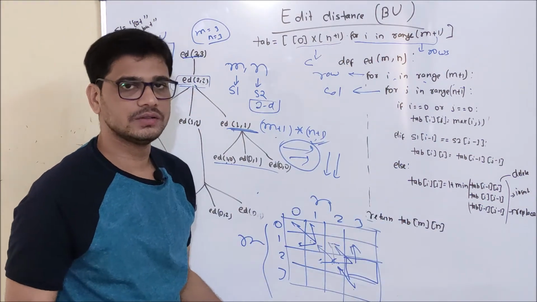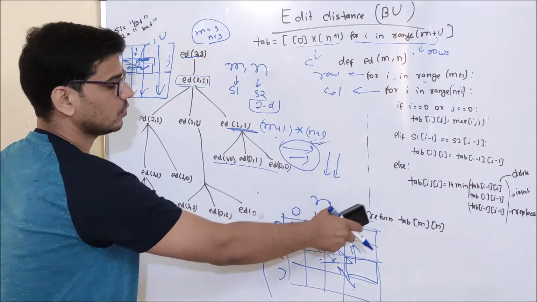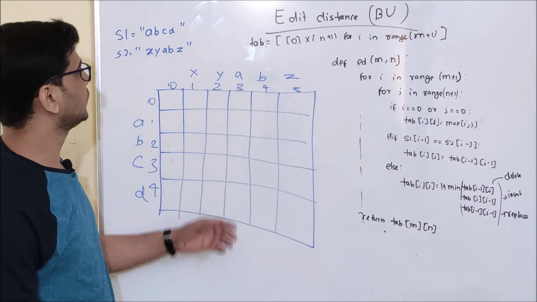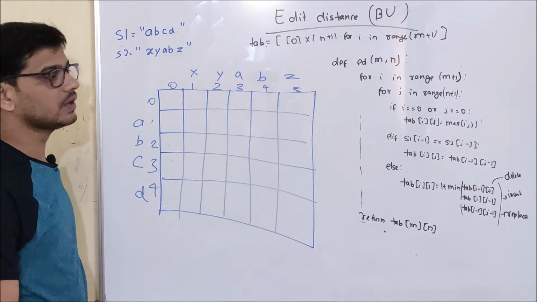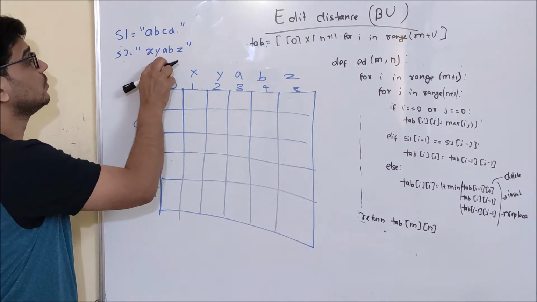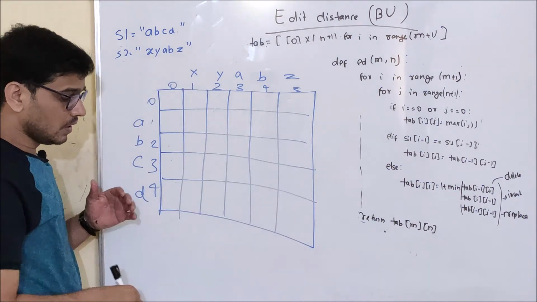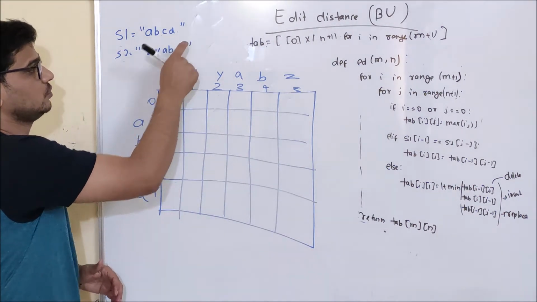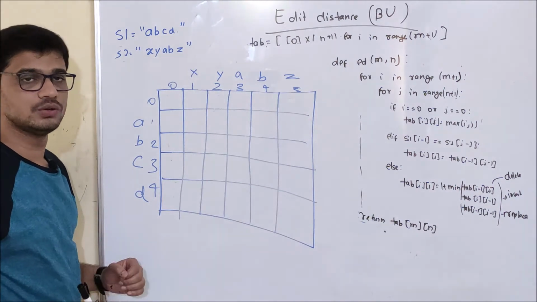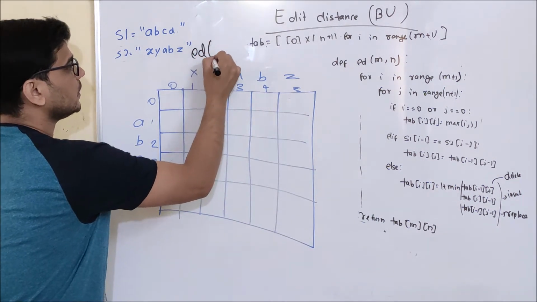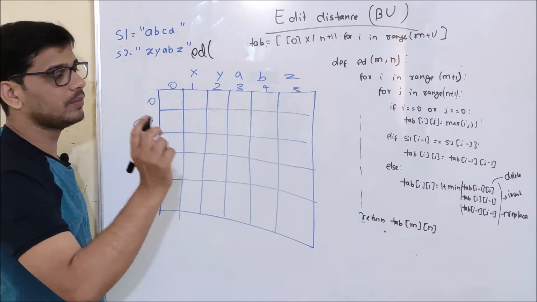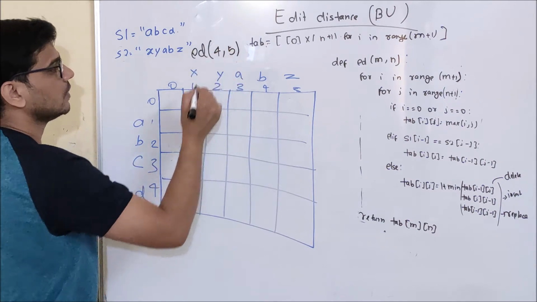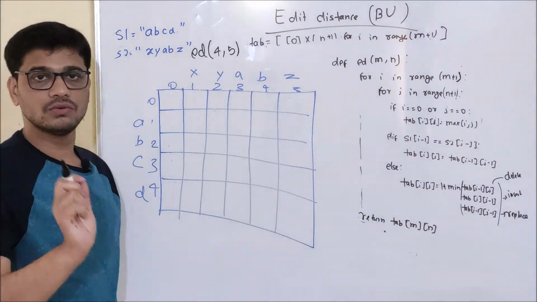Now what I am going to do is dry run this particular code on an example. Okay. Now to give it a dry run, let's take an example of these two strings. So string 1 is equal to ABCD and string 2 is equal to XYABZ. So what is my motto here? I want to find out the minimum number of operations required to convert this to this. And to do it, I will make a function called ed of m, n. And what is m here? m is 4, the length of string 1, and n is 5. So here I will make a function called ed of 4, 5.